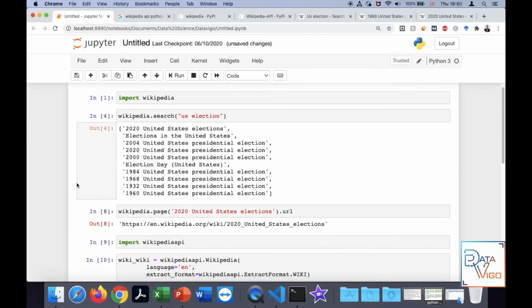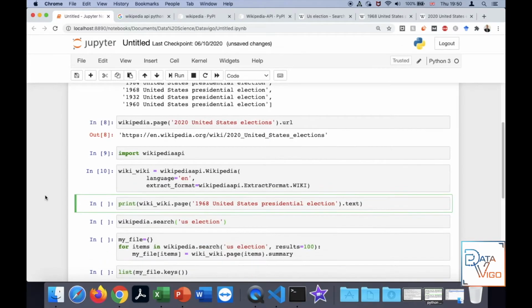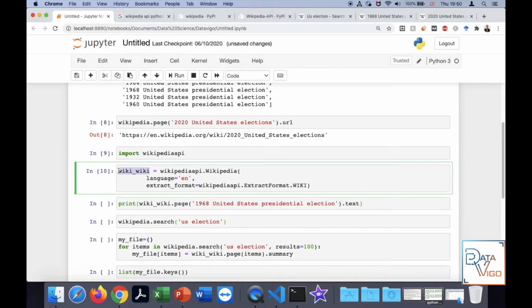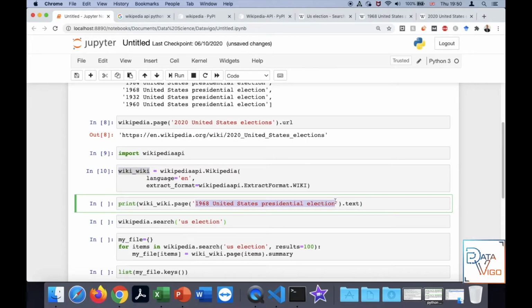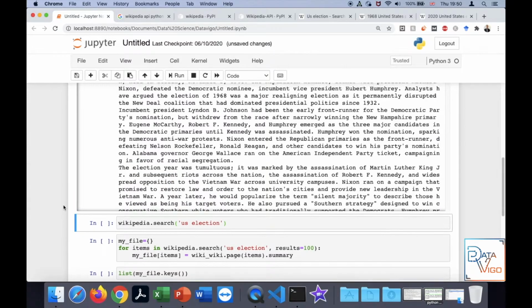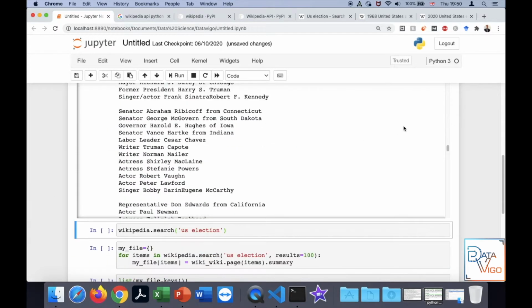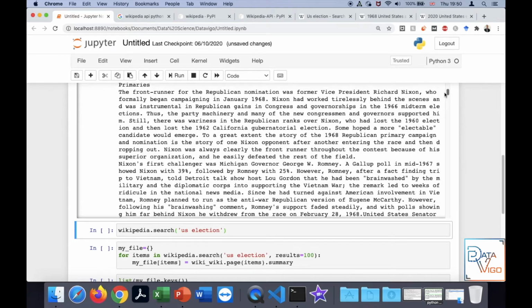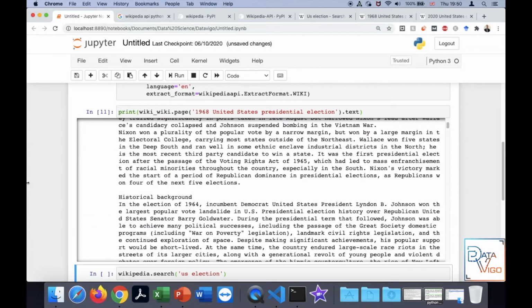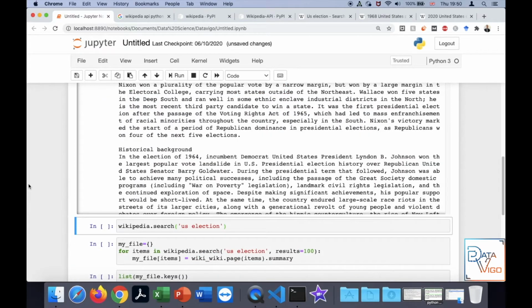That page that I showed you before, that was giving me the error, if I run it using this code, so I have saved it into a variable called like wiki dot page, and then the name or the title of the page, and then dot text. So with the previous API it was dot content, with this one it is dot text, but otherwise it gives you the same result. Now you can see that the text has been extracted and the previous API was not able to do it. That's the way I tried to solve the issue with the previous API.